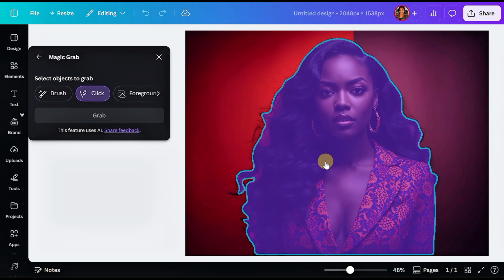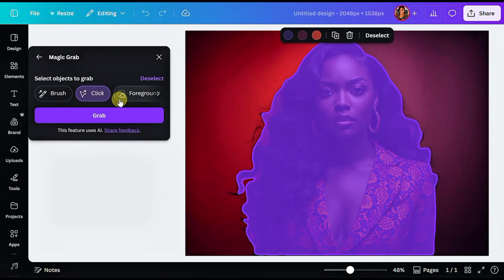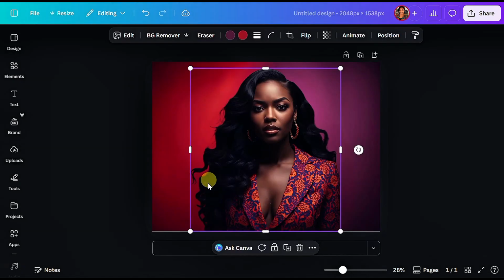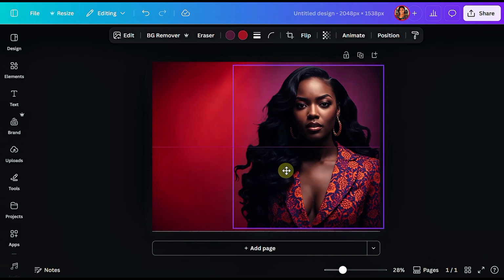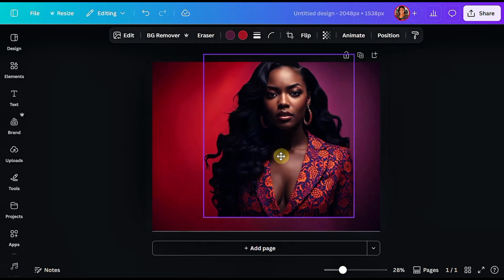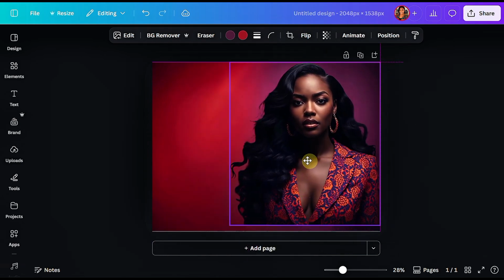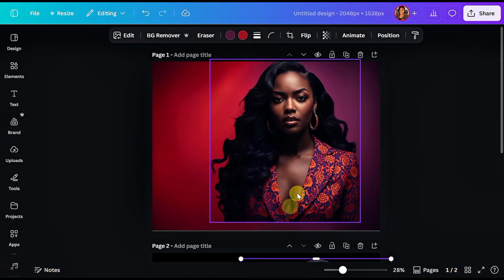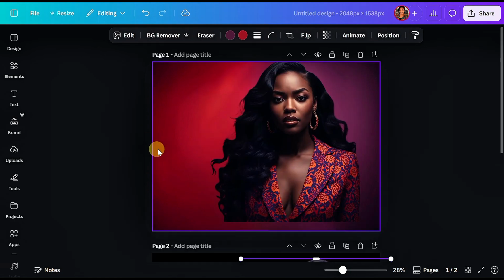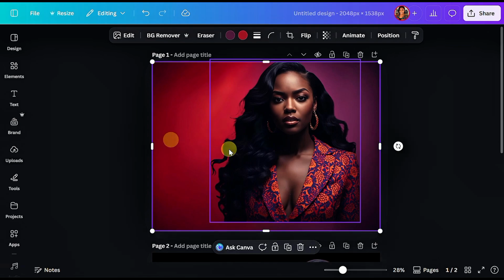I'm going to click on this image and I'm going to click on grab. The grabbing process is completed, and now if I drag this image, you will see that it's separated away from the background. If you want to export this cutout image away from Canva, I'm going to click on the background